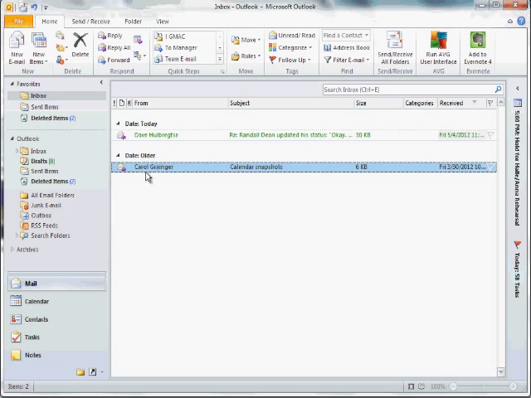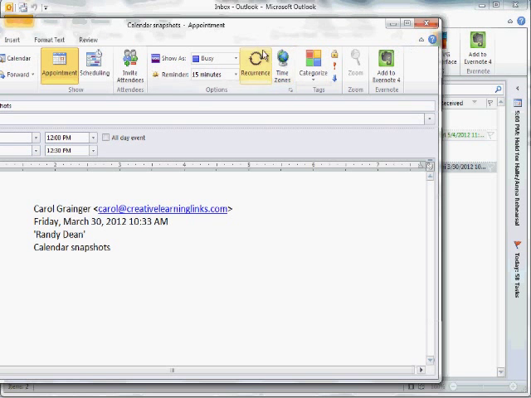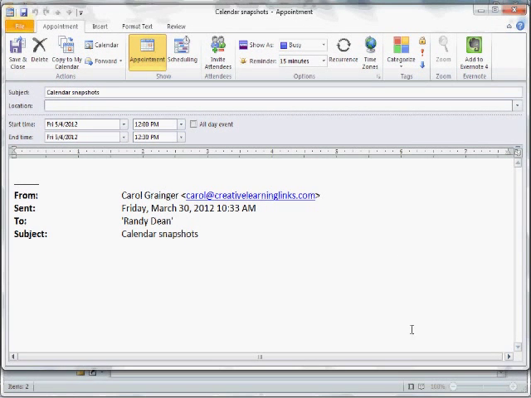And now that I've done that, you'll see the original email has moved out. So what I can do now is a couple other things. I can actually take this email here from Carol and quickly drag and drop it to calendar. And by doing this, this will allow me to very quickly, let's try that again, drag and drop to calendar. And you'll see that what it does is it will very quickly allow me to create a calendar appointment in